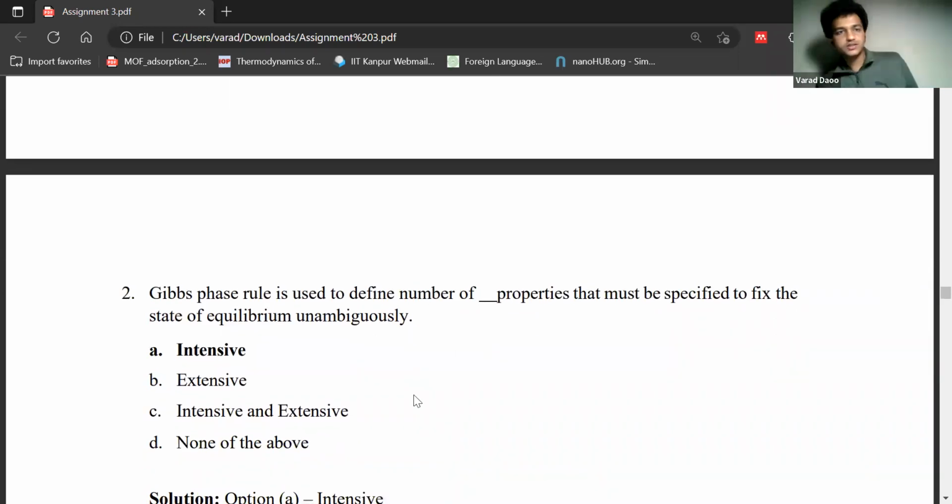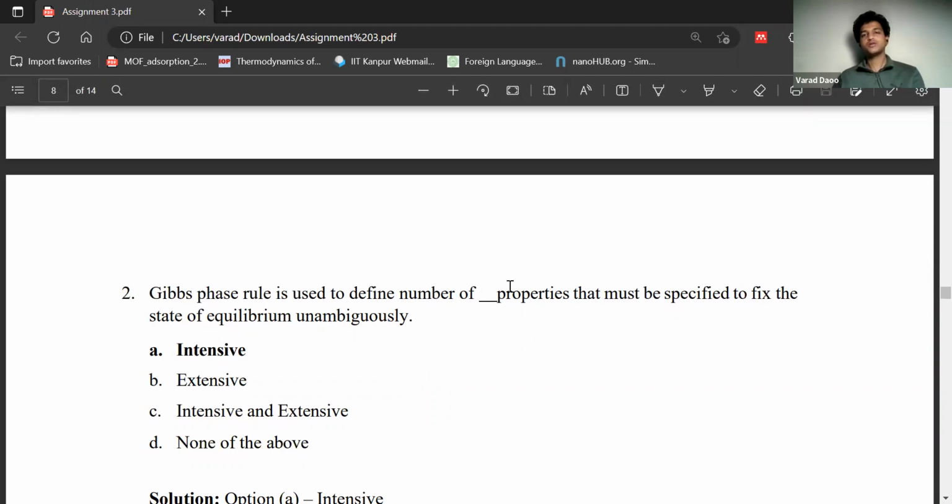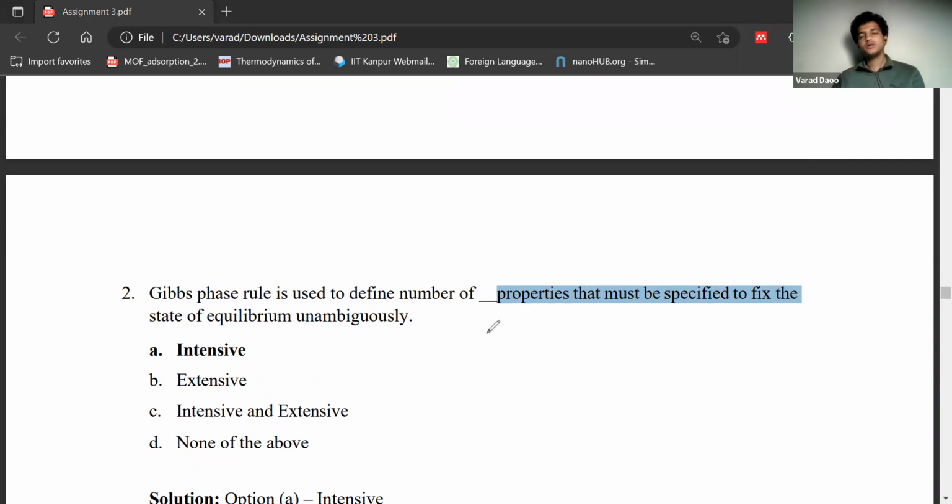The next question is this. Gibbs phase rule is used to define the number of which properties? Intensive, extensive, or what? That must be specified to fix the state. So what is Gibbs phase rule? Degree of freedom is N minus P plus 2, where N stands for the number of components, P stands for the number of phases, and 2 stands for temperature and pressure